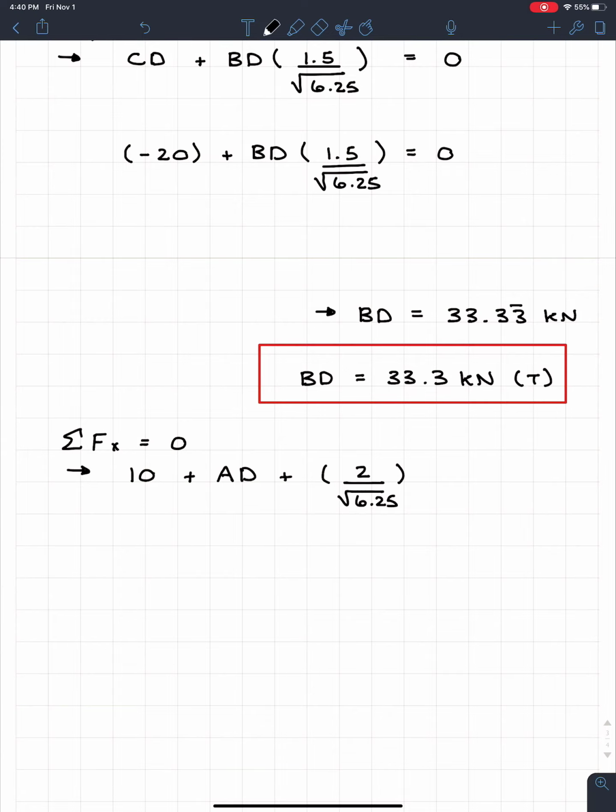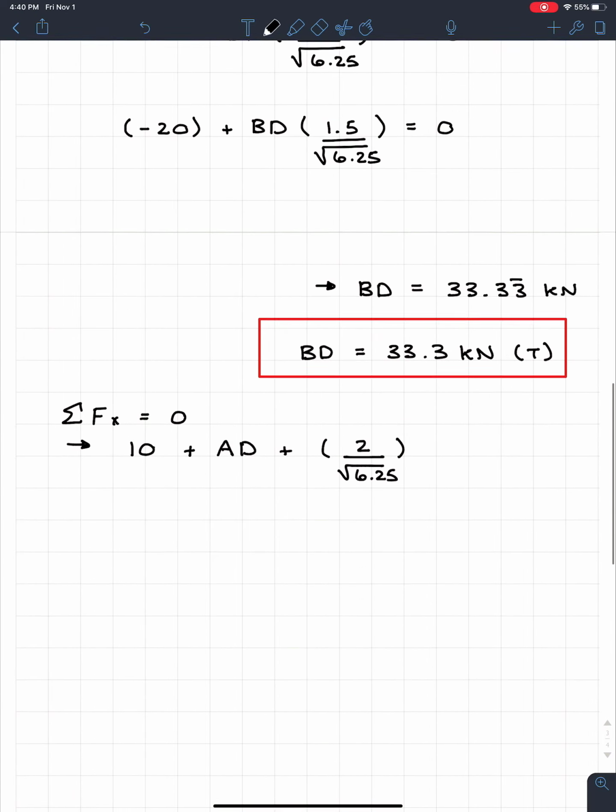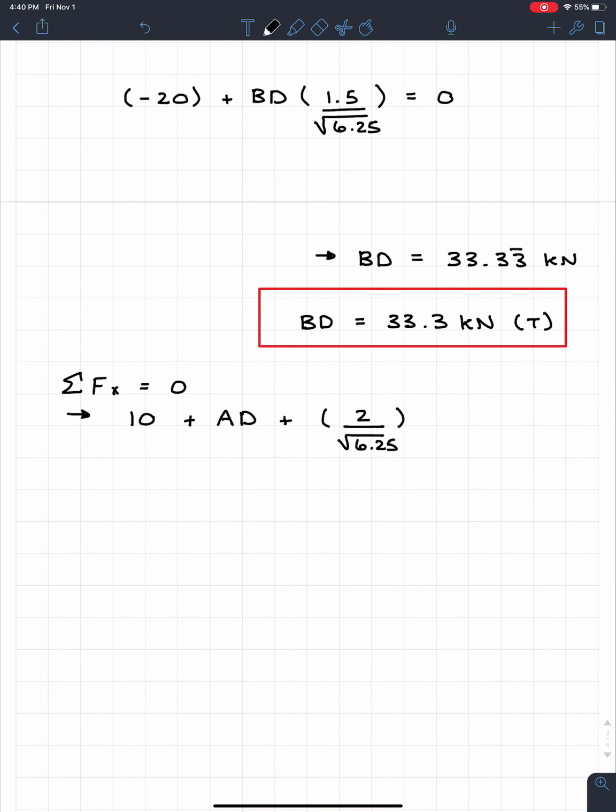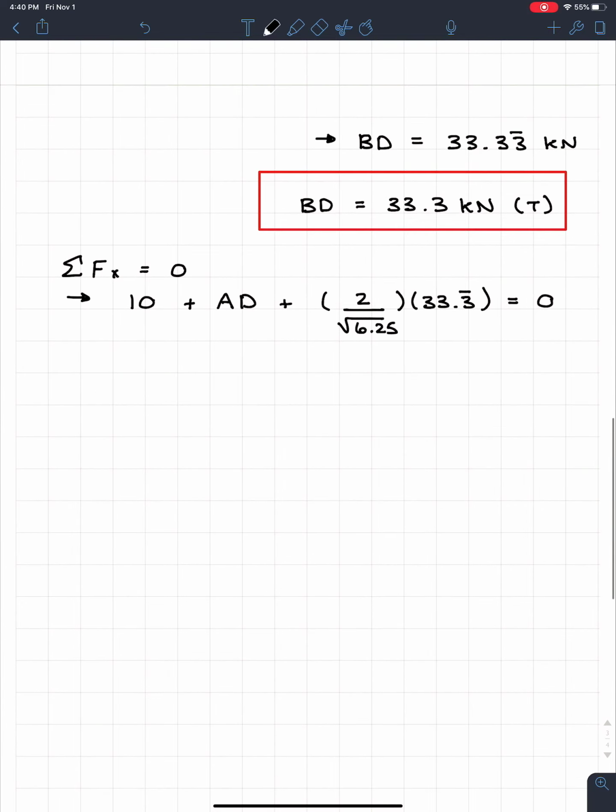And then it's going to be that times BD. And if we look at BD, we know it's 33.333 repeating. And this must all equal 0 because it's in equilibrium. Well, now I look, AD is the only thing I have left. If I were to go down here and just solve for AD, what I get is AD is equal to